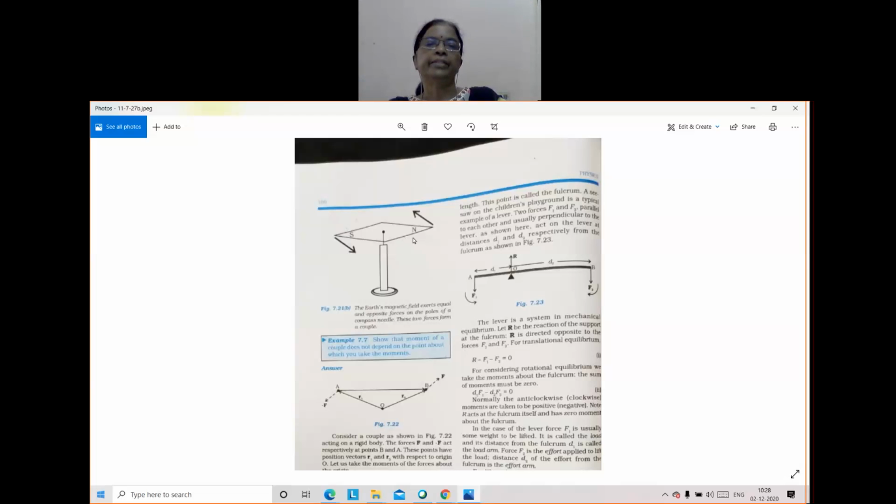Here, you see, I'll explain how torque is produced here. Okay, when a magnetic needle is aligned, just if you keep it on a table, it will align in which